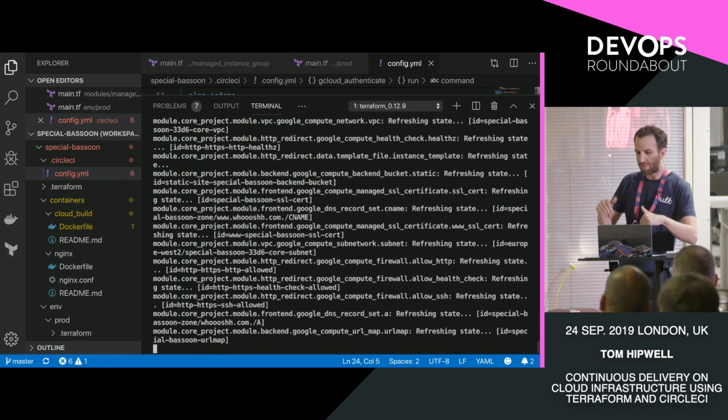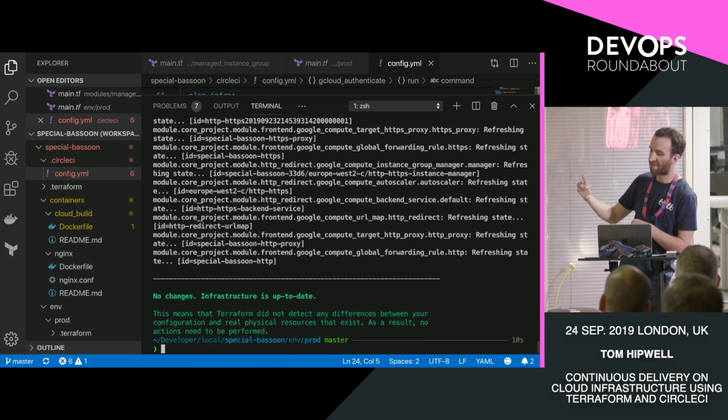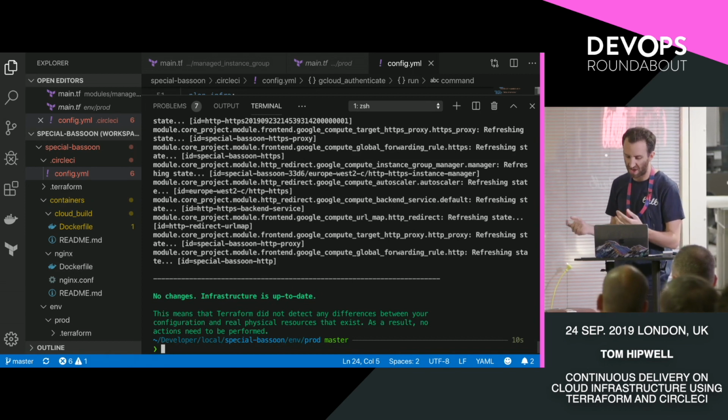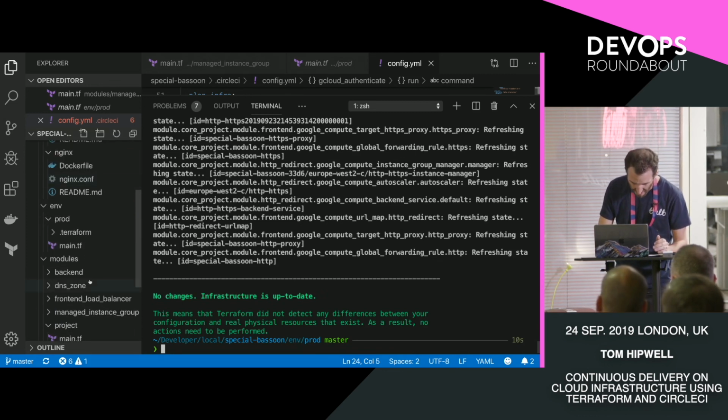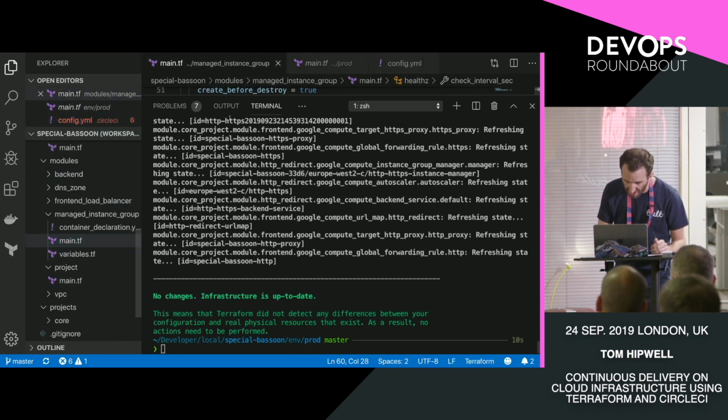Well, it's doing the plan, it's doing the piece I was talking about before, where it's going and hitting all the Google APIs in the background, regenerating the state, and then figuring out if it needs to make any changes. I've been working on this over the last 24 hours or so, at the moment none of my changes actually need to change, no changes need to be made. If we instead adjust this, change something like,